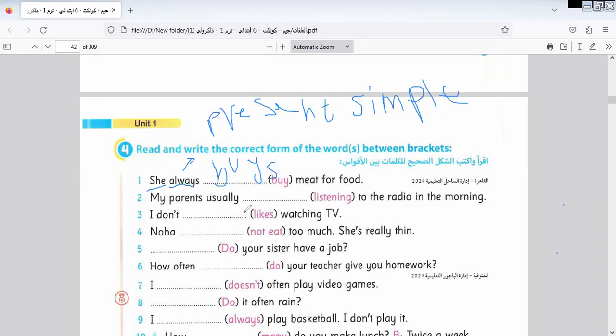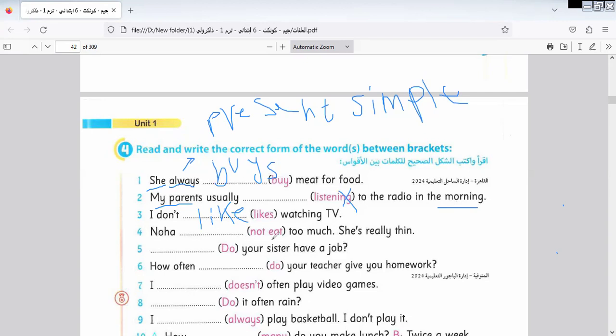My parents usually listen to the radio in the morning. So what will it be here? "My parents" is plural, so it will be "listen" without the -s form. Then: I don't like. Here it will be "I don't like". The verb is in the infinitive form. If we have "doesn't", the verb is in the infinitive form,